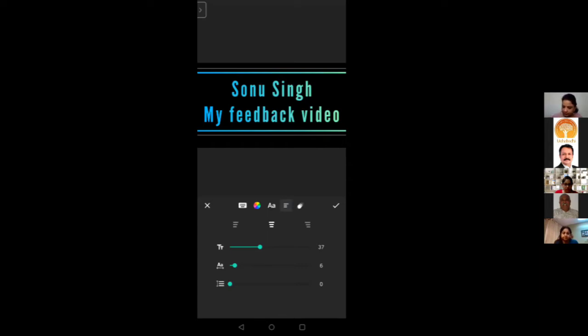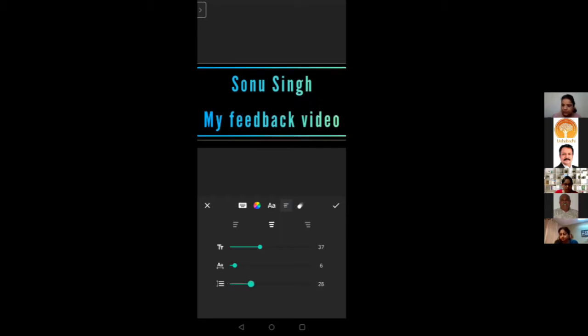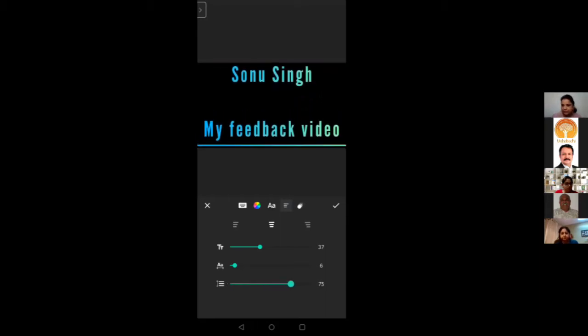ठीक है? Now ये जो 3 line and up down arrow है, it adjusts the height. ठीक है, तो if you are writing 2 sentences and you want a gap between them, then you just do this and it will give you a height. See?